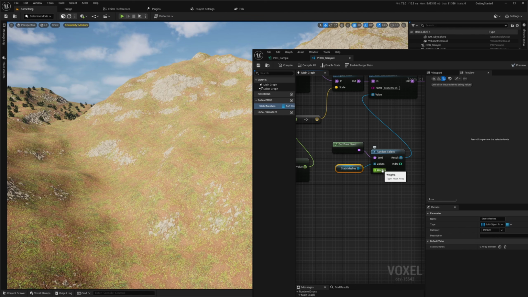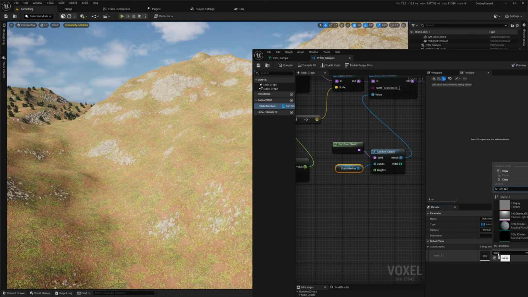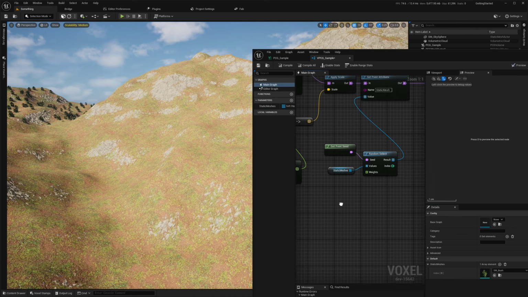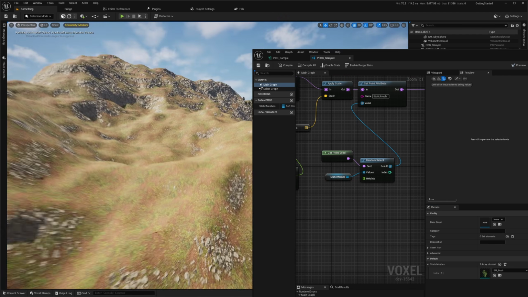We can plug in weights to this, which would be a second float array, or we can just leave it like this, and then it's going to randomly select one, pretending they're all the same weight. So in here we can just assign our static mesh again,